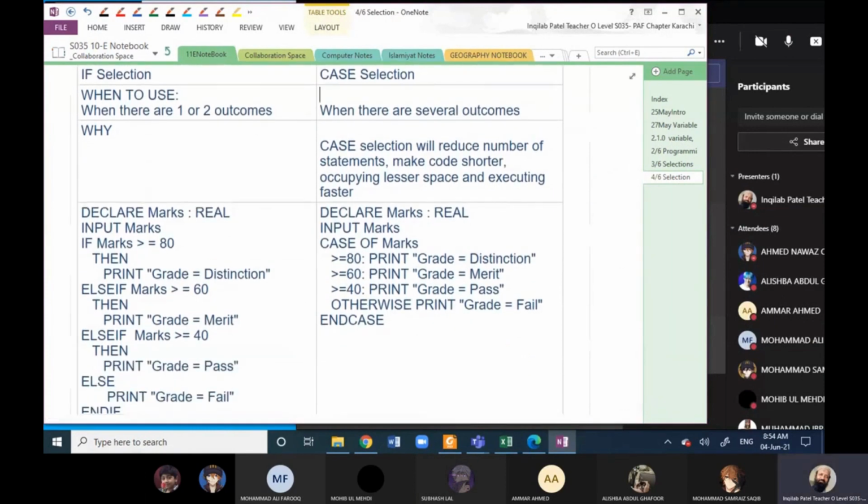Note down the difference between if selection and case selection. Hurry up, children.